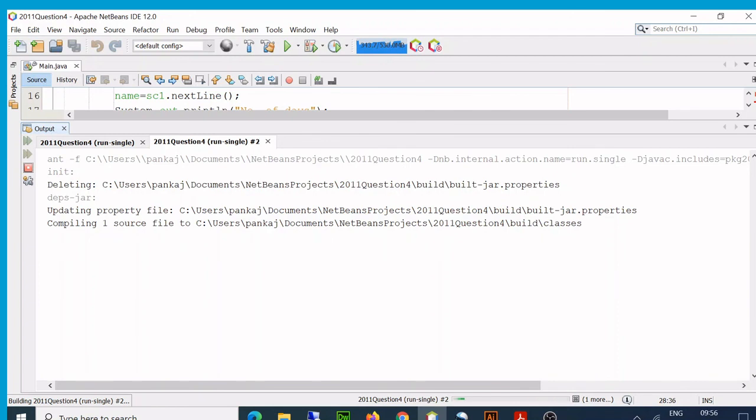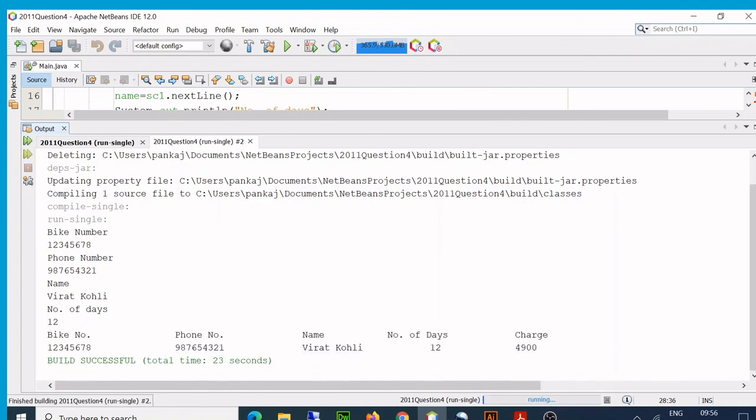That's the correct answer. So I will go once again, and bike number, I'll write some funny bike number. Wow, what a mobile number. And then I'll write something else here. Virat Kohli, poor chap is not scoring runs nowadays. Number of days 12 I'll take. So the first 5 days will be 2,500.